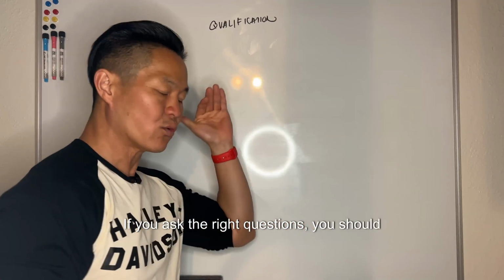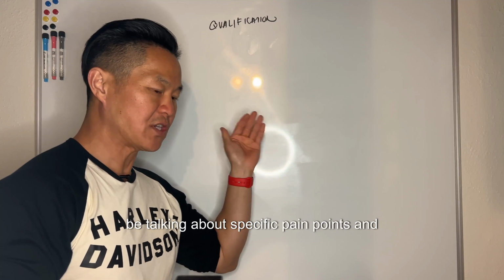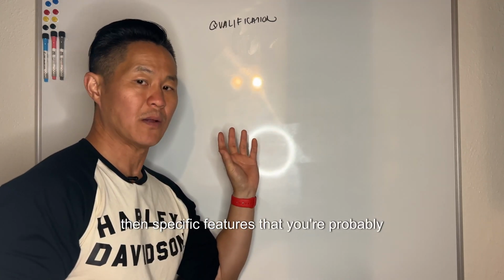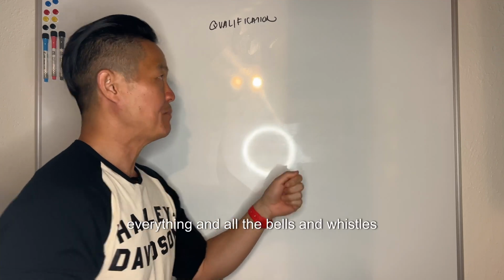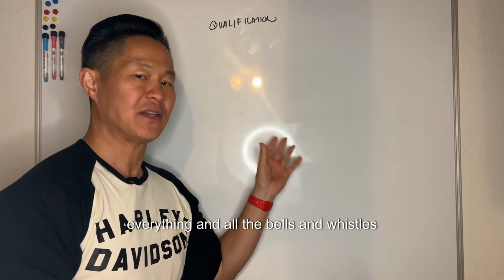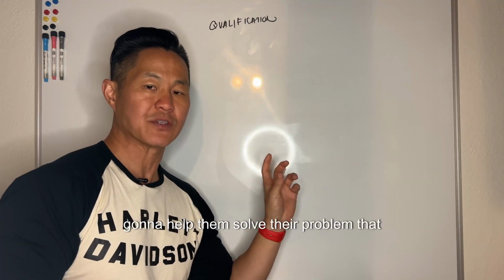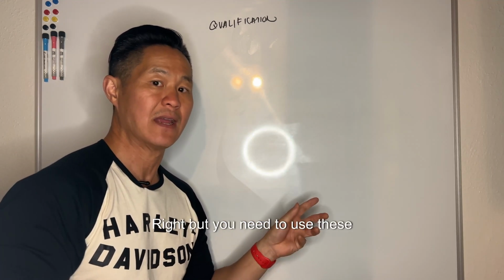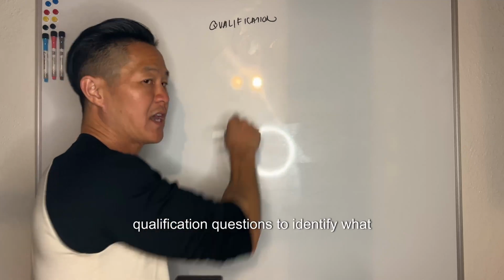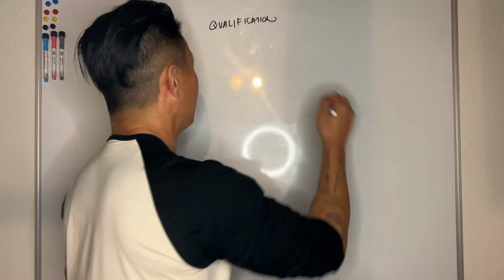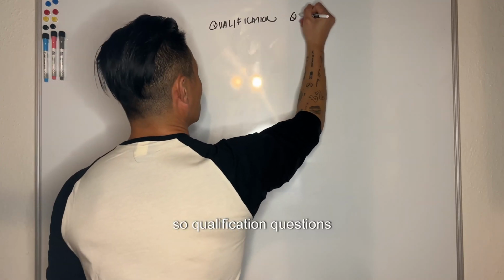And if you ask the right questions, you should be talking about specific pain points and then specific features that your solution solves for. Not everything and all the bells and whistles and everything under the sun about your product. Only the specific features that are going to help them solve their problem that they're dealing with today, right? But you need to use these qualification questions to identify what that problem exactly is. So qualification questions,